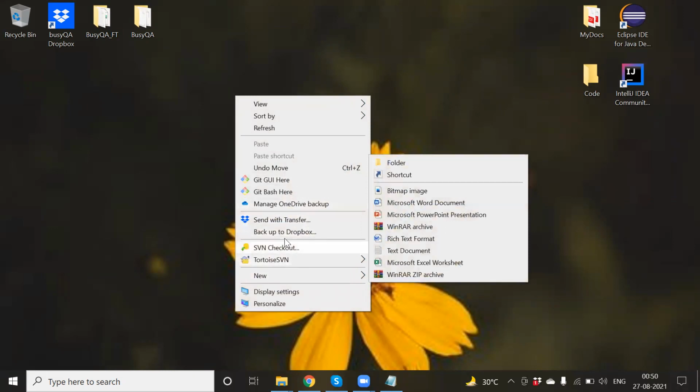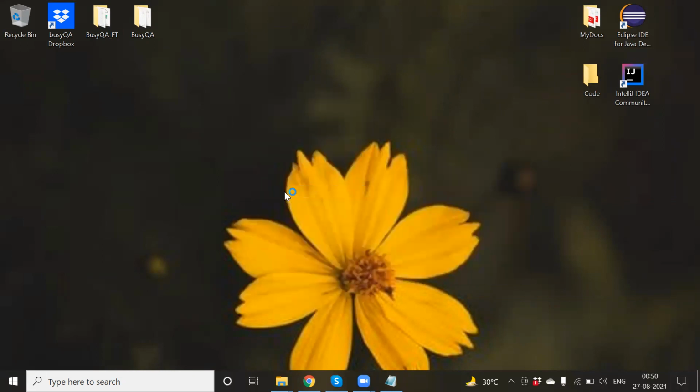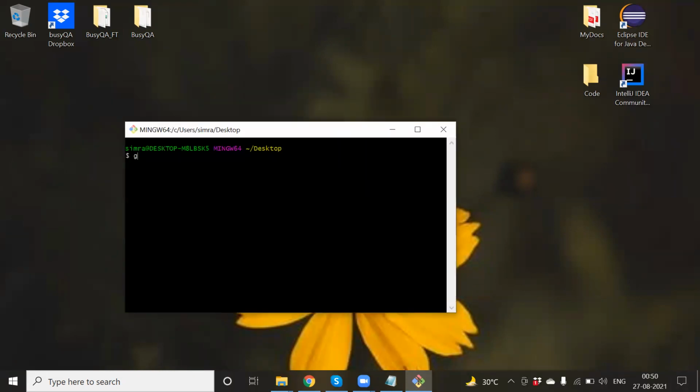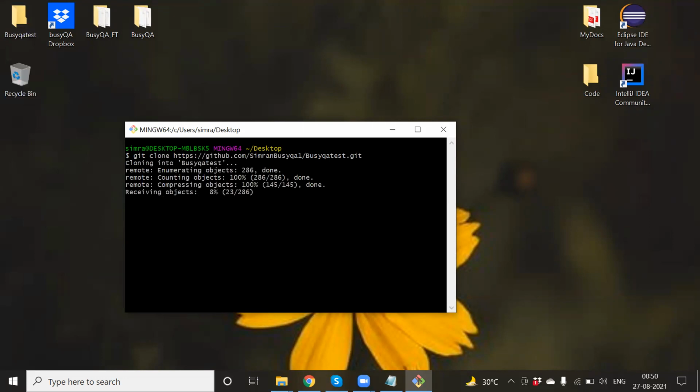I can open Git Bash here, because that is installed in my system, and then do a git clone, paste the link with .git, and it will do the cloning into basic QA test.